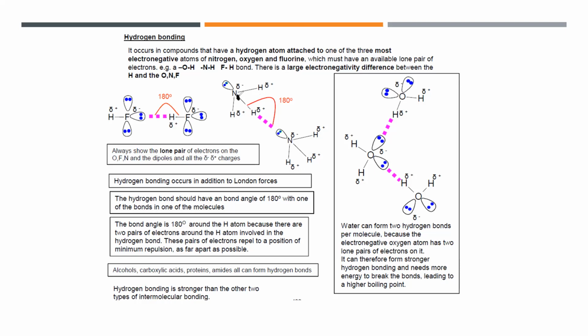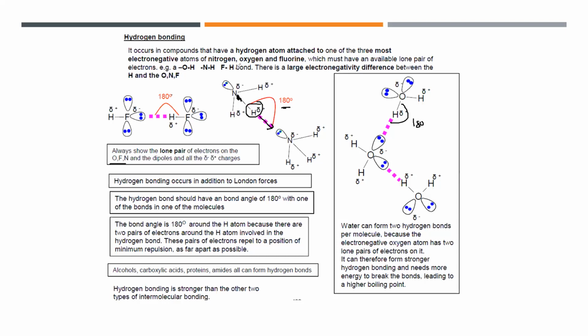So if this bond pair is almost shifted toward nitrogen, this hydrogen is attracted towards the lone pair of another molecule, and for a hydrogen bond, the bond angle is always 180 degrees. Is the concept of the hydrogen bond clear? It is always formed when oxygen, fluorine, or nitrogen forms a bond with hydrogen, and hydrogen bond occurs